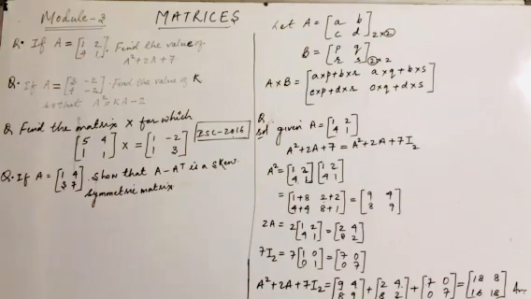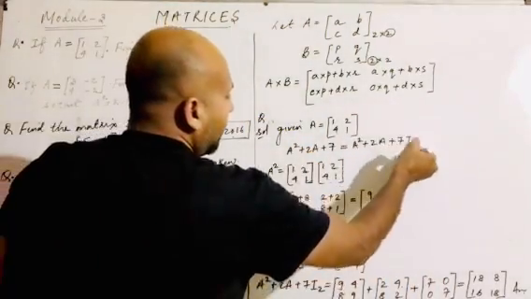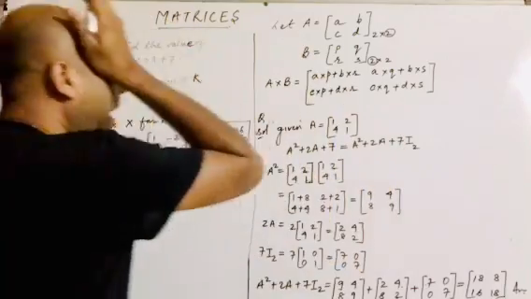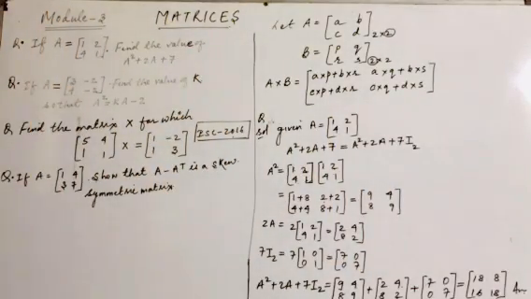Understood? Let us move to the next sum. So the only thing that you should remember here is what? 7I2, that means it will be 7I, means 7 when it is constant, it will be multiplied to the unit matrix of the same order for which the matrix is given. For the next sum,